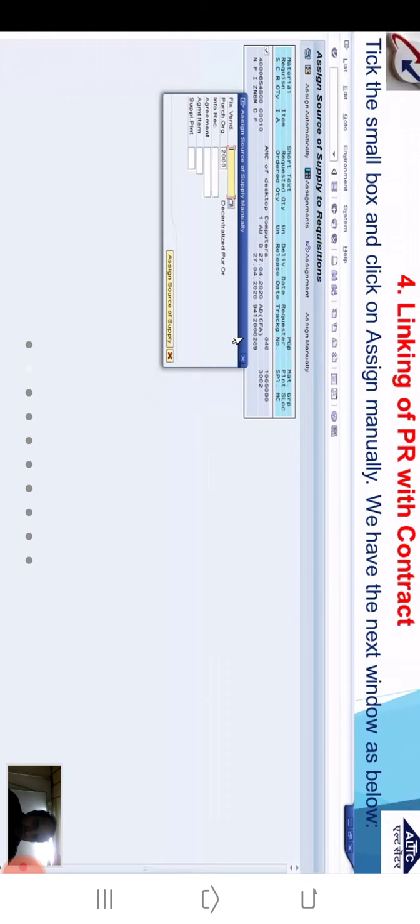In this window, I have to provide the agreement and agreement item. Agreement means the contract number, that is the APU number, and agreement item means line number 10. Let us see in the next.